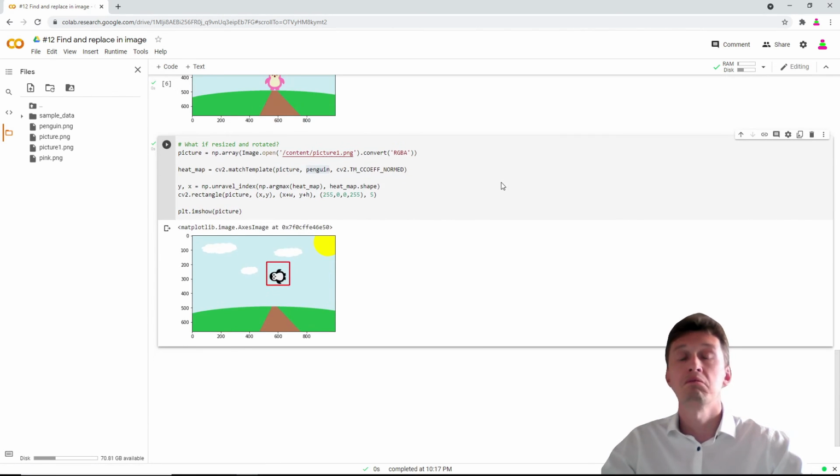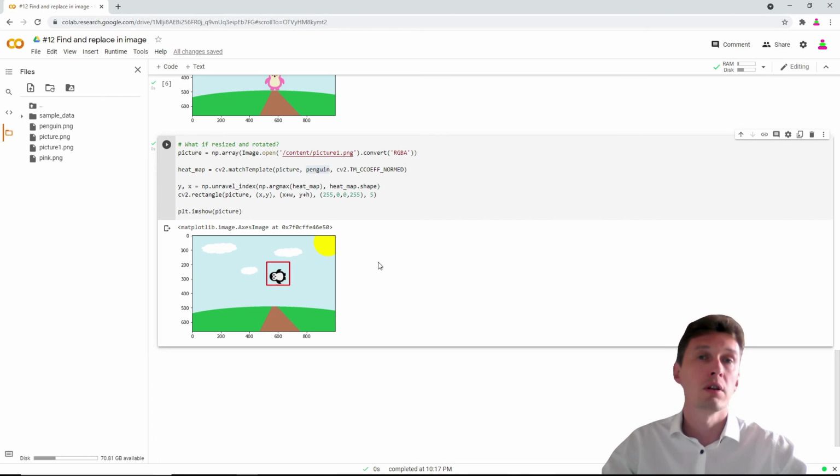You see, it acts similar because match template is acting pretty similar to CNN, to convolutional neural networks. It derives some features, so even if our sub-image is rotated or resized, we are able to detect it. Only if you want to replace, you will have to add an additional loop for rotations and an additional loop for resizing to find the correct match.